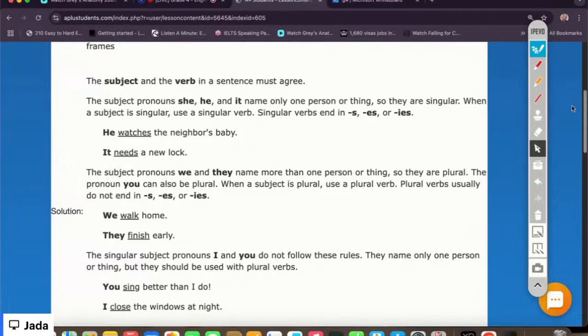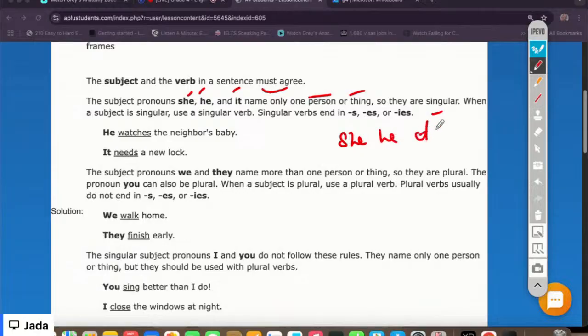All right, so the subject and the verb in a sentence must agree. So there needs to be agreement between the subject and the verb in a sentence. Now, the subject pronoun she, he, and it name only one person or thing, so they are singular. So whenever you see she, he, it, it just means that they are singular. Okay, so when a subject is singular, you have to use a singular verb, and the singular verb usually ends with